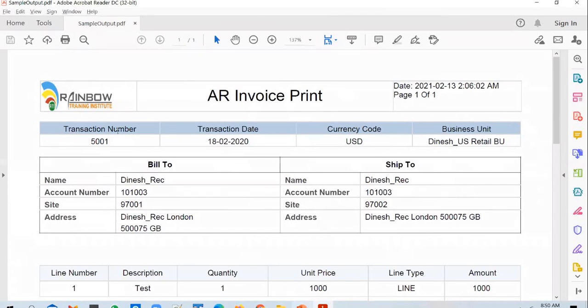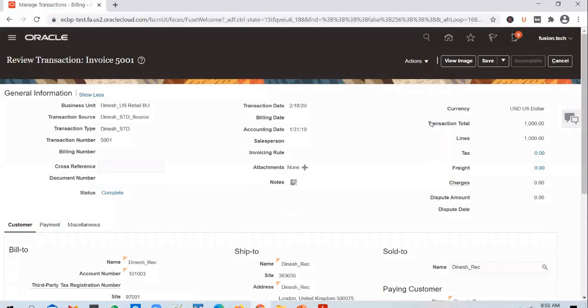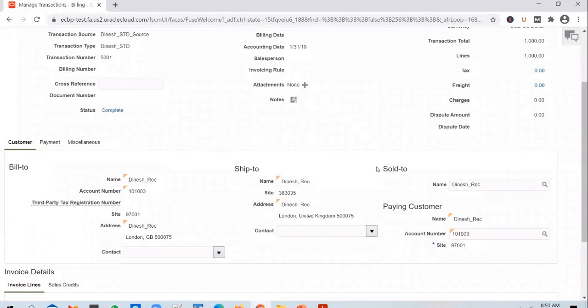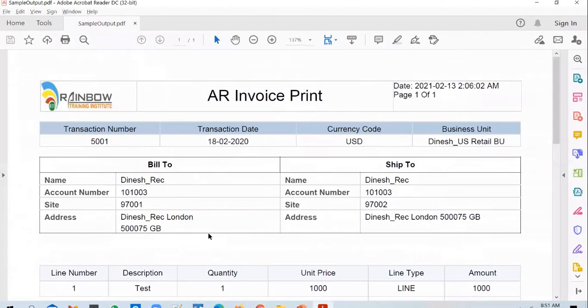First, this walkthrough will be given to you by the functional consultant. He'll tell you where the information is available, from where you need to pick it up, and what information you need to pick up. Also, he'll capture it in a specification and pass it on to you. And he will also share the output format in which he is expecting a PDF output to be generated. Okay, so with these details, you need to create a report output. So you need to create this AR invoice print report.